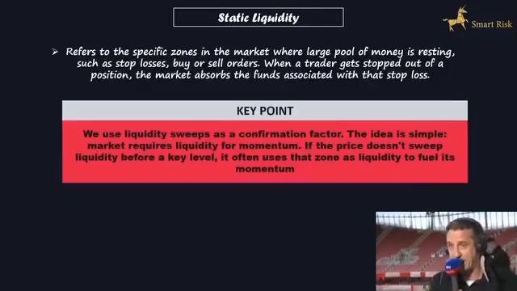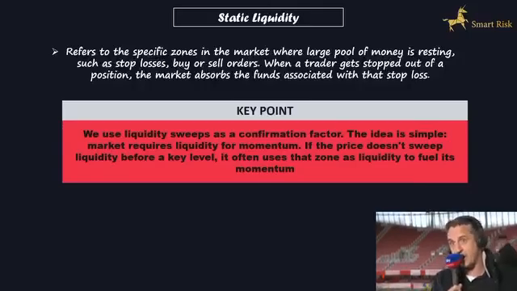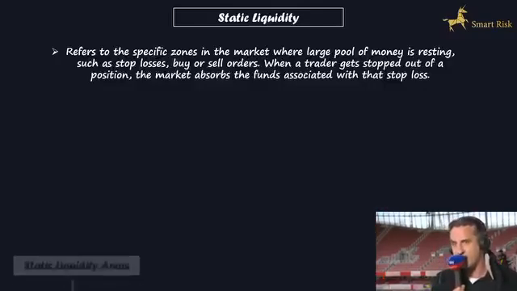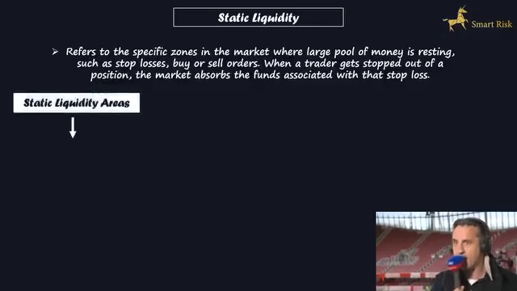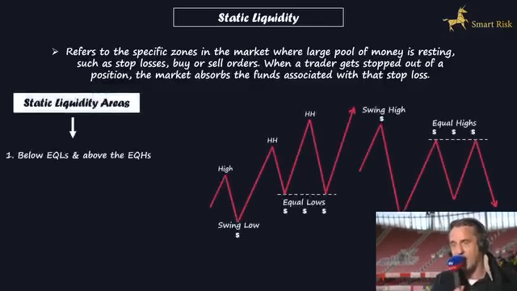The idea is simple. The market requires liquidity for momentum. If the price doesn't sweep liquidity before a key level, it often uses that zone as liquidity to fuel its momentum. Static liquidity can be identified in various areas on the price chart like below equal lows and above the